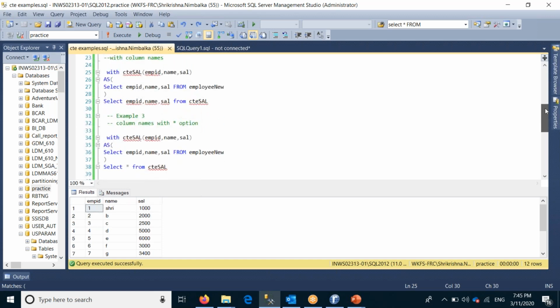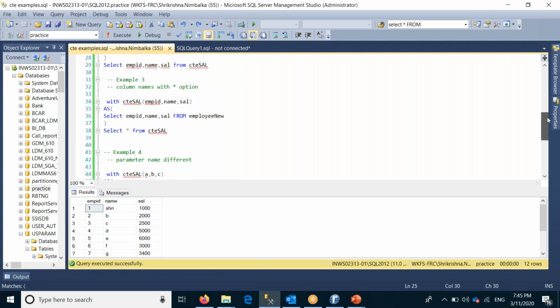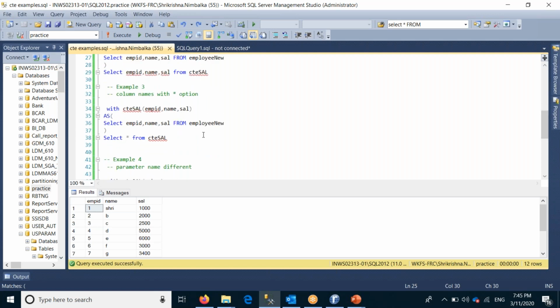So what is the third example, how differently we can use CTE. In that third example, I used the select star option in the select statement. So in the WITH clause, I used three parameters as input parameters: employee ID, employee name, and salary.